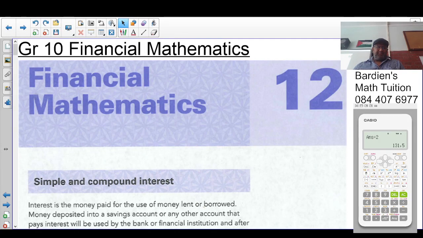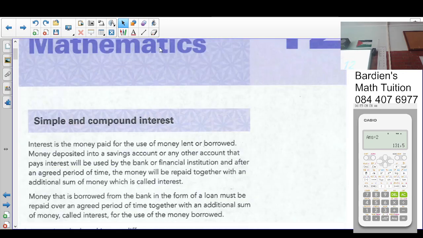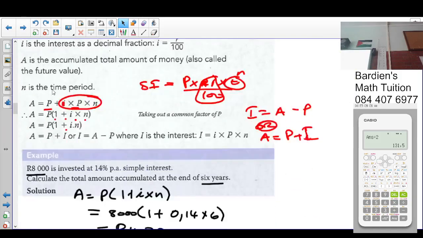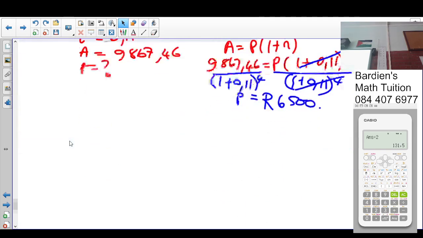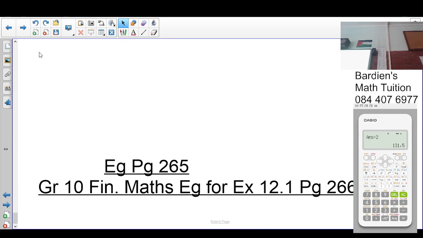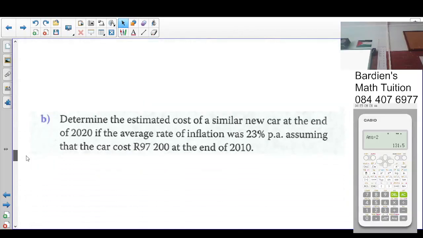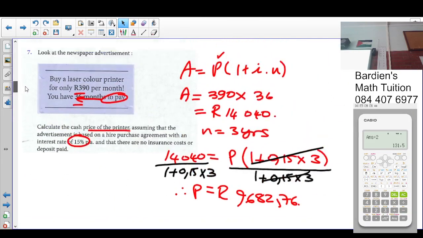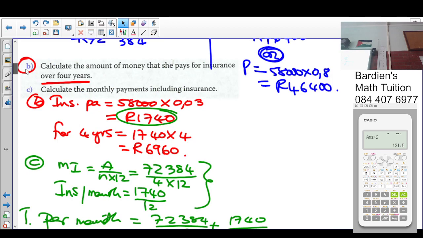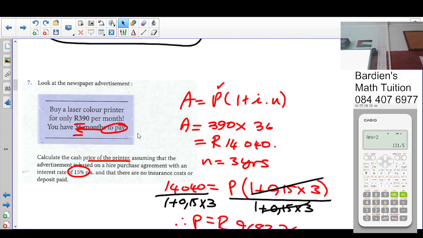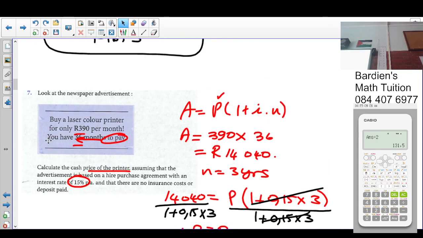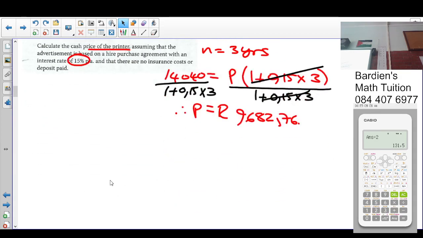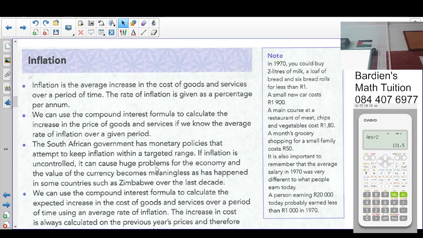Okay, good afternoon, class. So today we're looking at finance, financial maths. Before the break, we got up until 12.2. So now we're going to look at inflation. This is 12.3. So we're on 12.4 now. And this was your homework for today. So now we're looking at